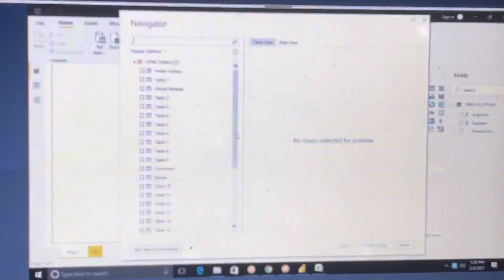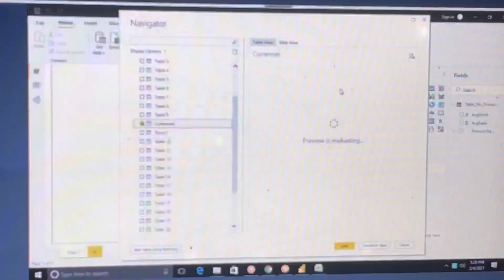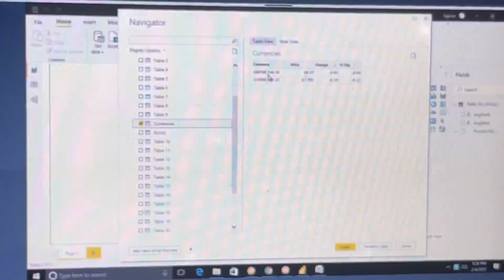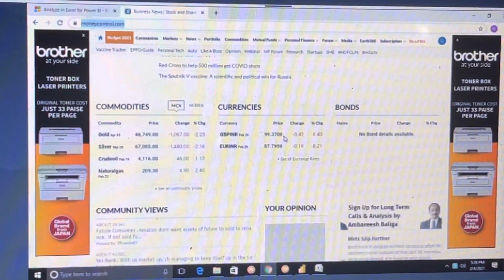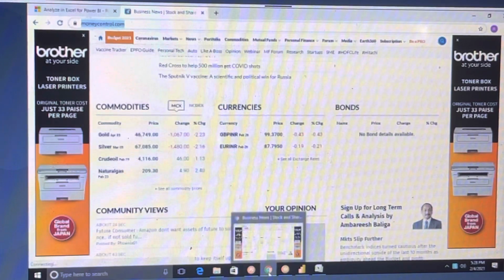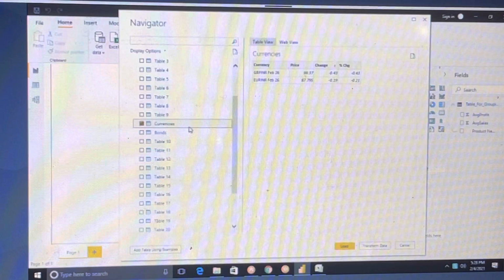So we will have all this data, all these tables. For example, we have seen this currency, right? If we click on it, these are the same data we are having in the portal, right? See, 99.37, minus 0.43, same data we are getting.